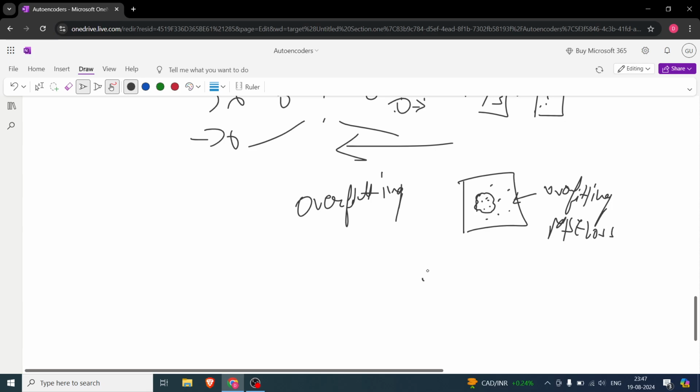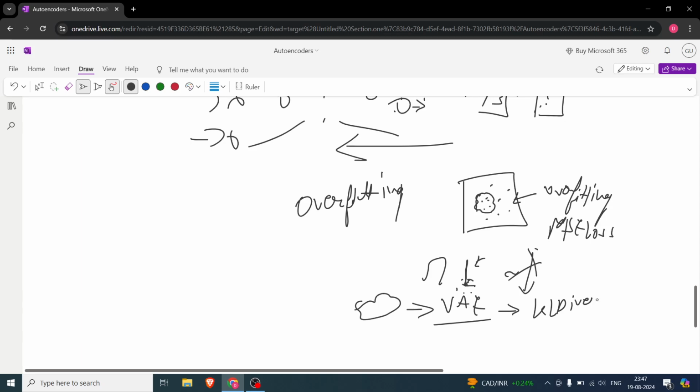You want a normal distribution, but you get a normal distribution that is almost like this, where the standard deviation is way too low. You don't want this, because you will be only generating the same images. The vicinity is not known, only that particular image is known. What you want is a distribution. That's why we use VAE, but that is out of scope. Let's say you also use KL divergence, you try to learn a distribution. Out of scope. If you don't understand, don't worry.